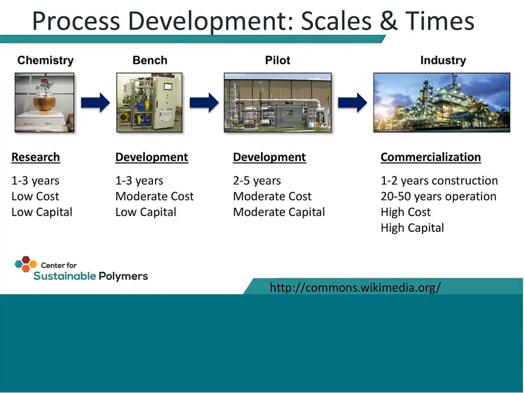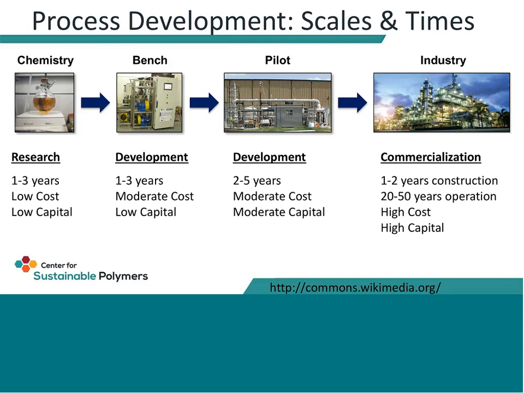If you have an exciting chemistry that looks promising on paper, you could then take that to the next scale, which we would say bench scale. We can do this in the laboratory. The costs go up significantly, so now we'd say it's moderate cost. But the time scale of this would be to build a process flow system that might still fit in a laboratory. It is still moderate cost, low capital compared to what would be the next scale, which would be the